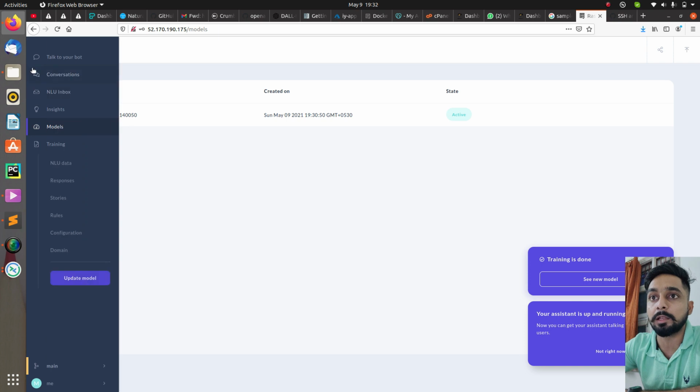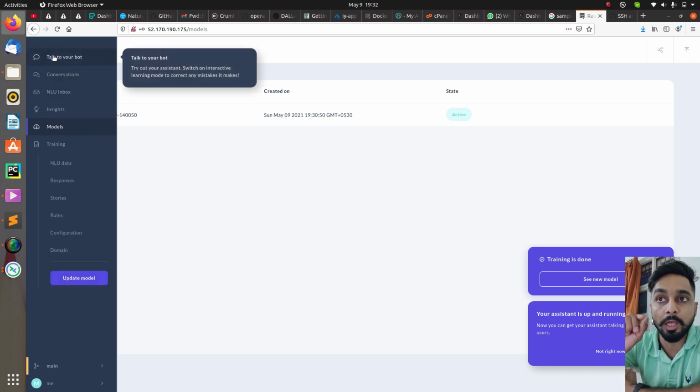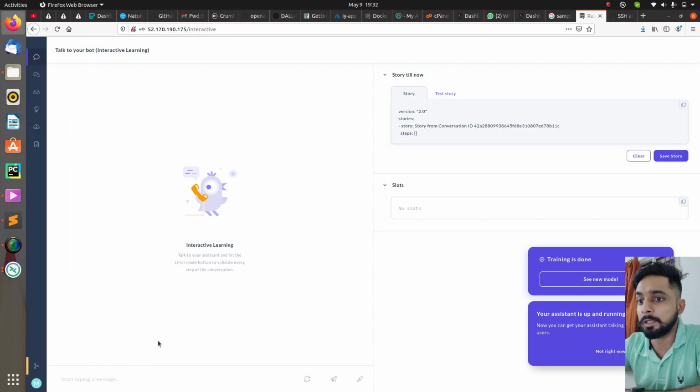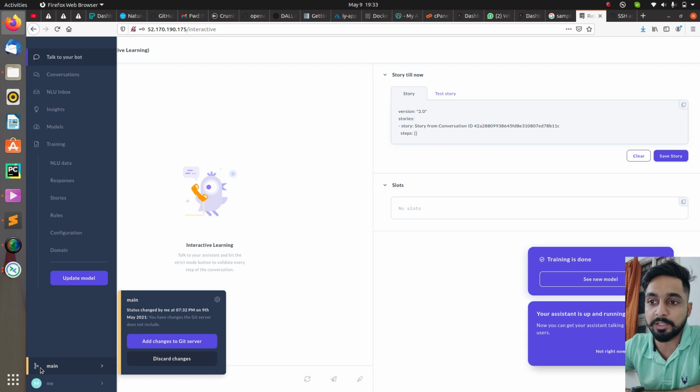Now the next thing is that we can go to the first option, which is talk to your bot. So just click on that, and now over here we can start the conversation. Now you can see that, just because we have changes over here, it is asking whether I want to add the changes to the Git server as well. Both things are connected together, RasaX and the Git repository, so that means if I make changes in either location, it will reflect in both.